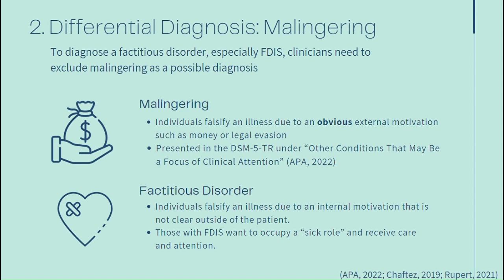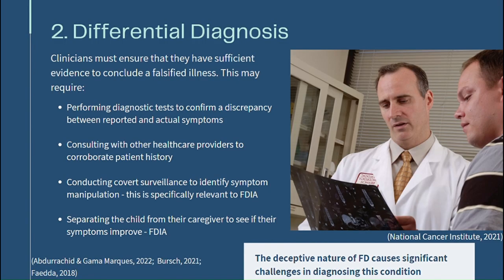Whereas with factitious disorder, it's a continuous condition where the individual continuously fabricates illness to achieve the sick role. They get to be a caregiver or they get to be sick themselves, both of which is beneficial to that person. Some things to consider as well when making a differential diagnosis is that you have to be able to objectively confirm the diagnosis through testing, confirm that these discrepancies have been present with other healthcare practitioners, and in some cases conduct surveillance on the person suspected to have a factitious disorder to confirm that they are in fact fabricating their symptoms.